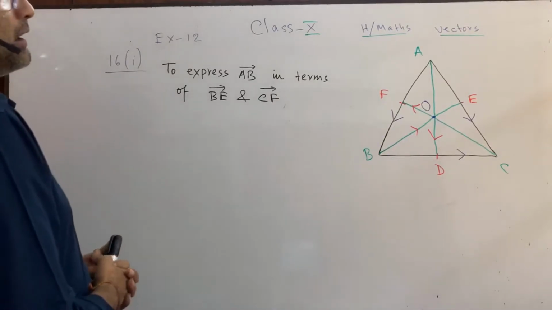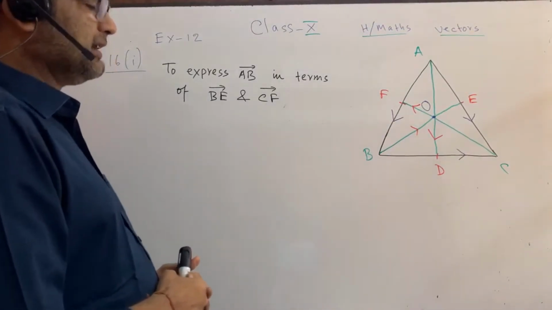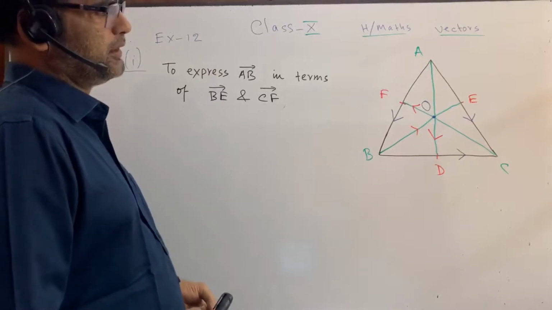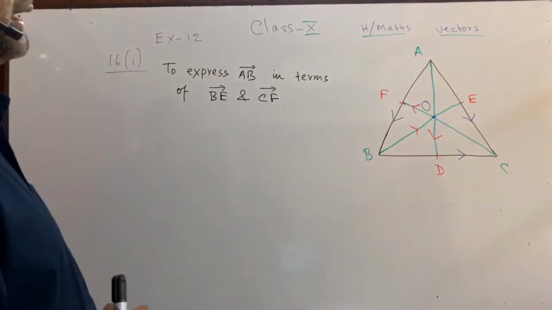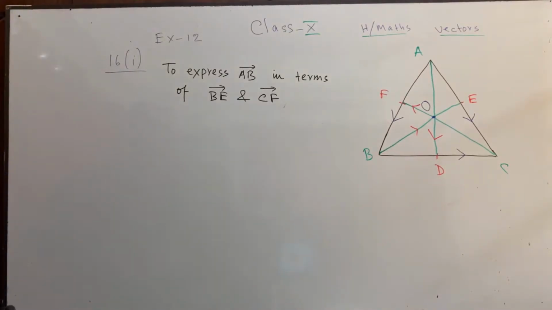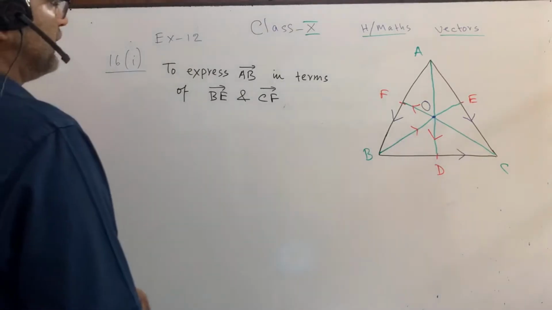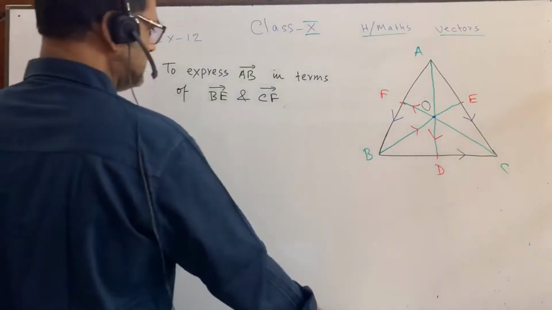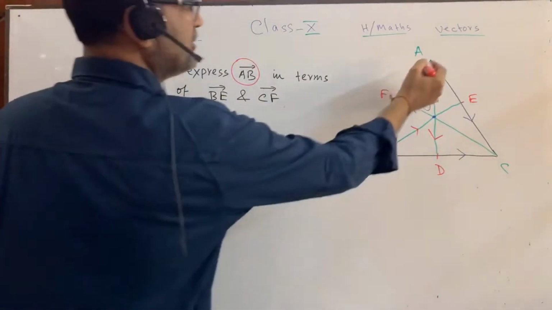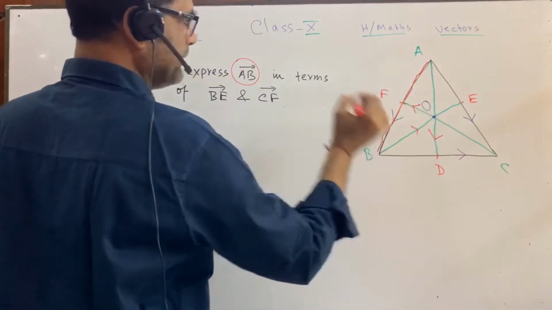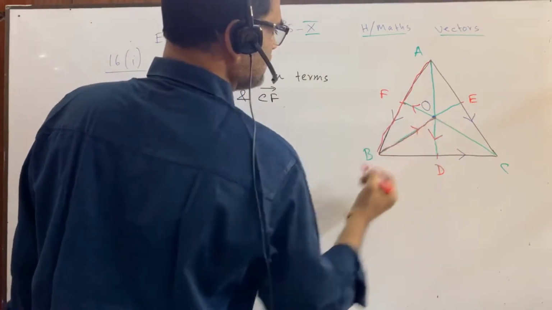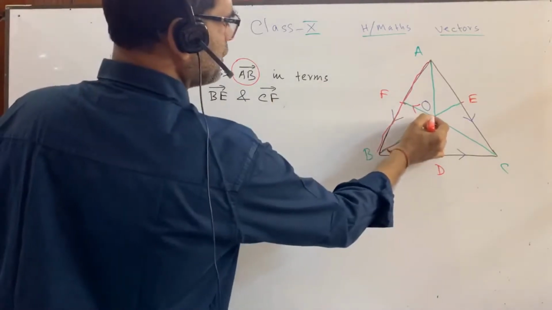That's good. Okay, this math can be done in 2 pages or 3 pages, but we are going to do this math within 3 or 4 lines. You see how to do this math. Suppose it is written AB. Where is AB? This is AB, right? Then BE, where is BE? This is BE. Where is CF? Along this it is CF.